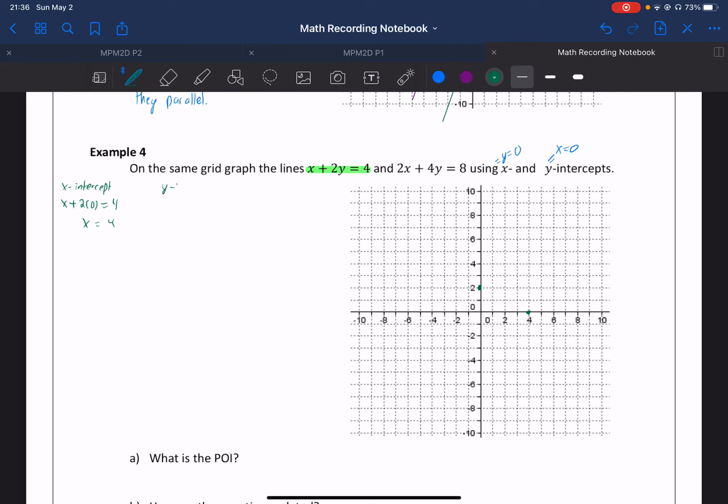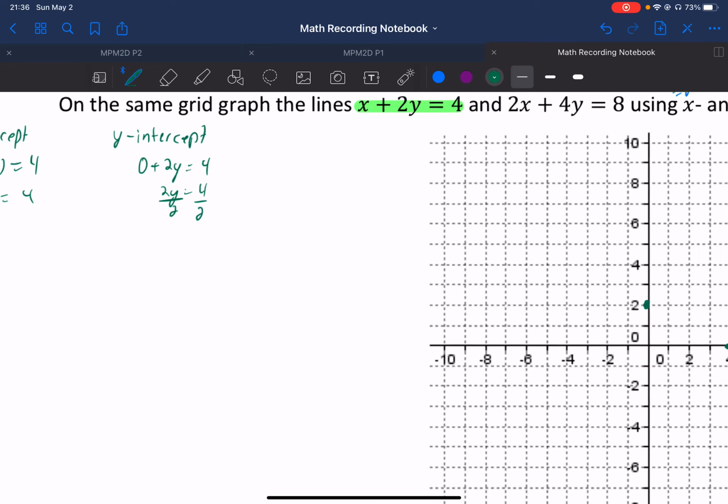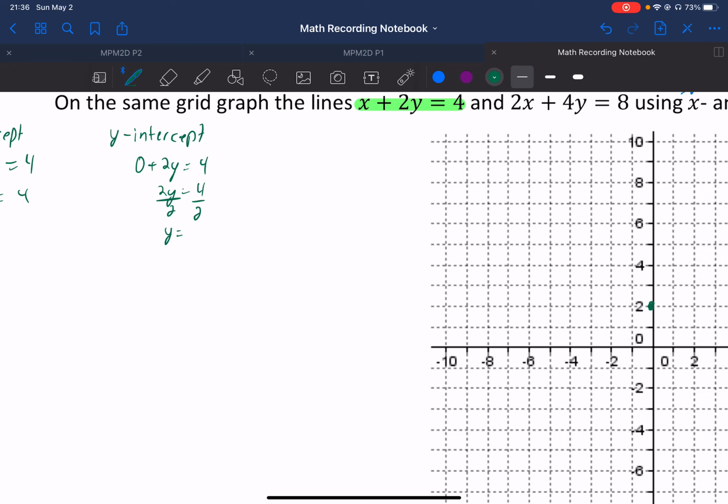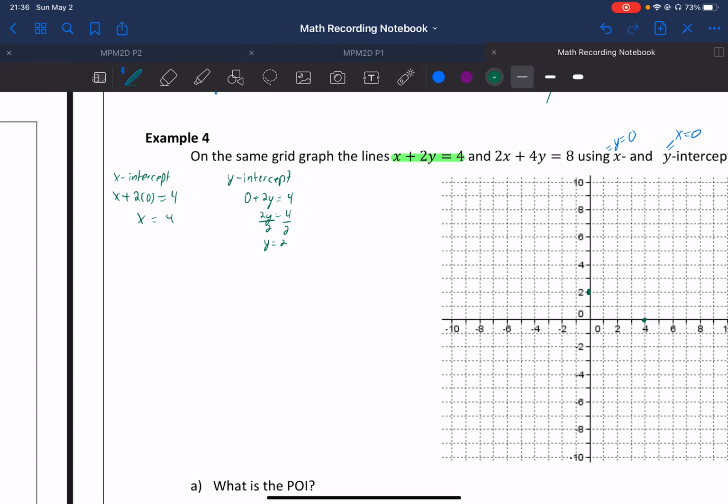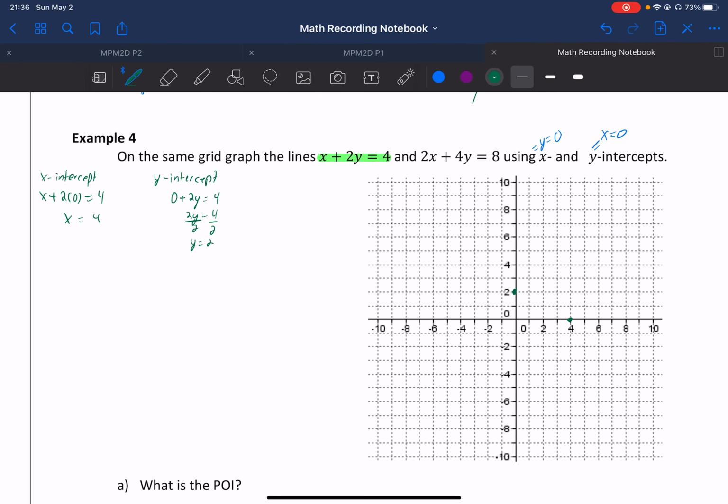Now y-intercept, we're going to do the same thing, except we're going to make x equal 0. So then we're going to do 0 plus 2y equals 4, because that's 2y equals 4. And we're going to divide by 2 on each side, and we get y equals 2. So we're going to plot these 2 points so we can see them. I already had them plotted in, and I'm going to use a ruler